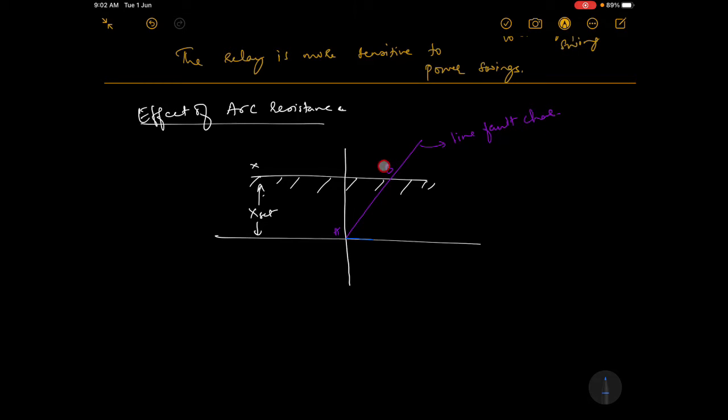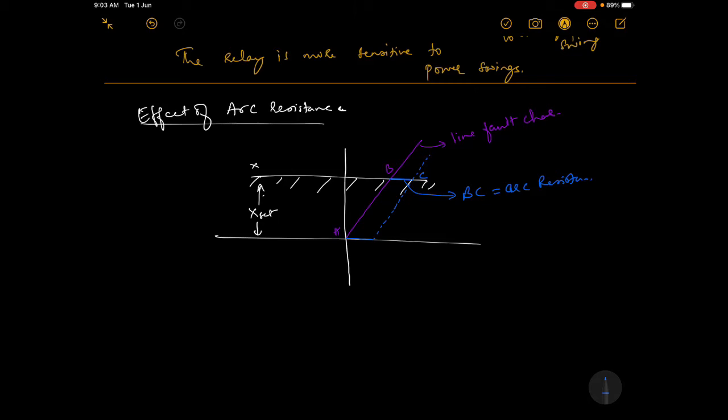So this is that resistance, because this is our resistance line. Instead of zero resistance it will have some resistance, and the actual line will be, of course, the fault will again have its own impedance. So for this resistance the impedance is added. Now since it is cutting at this point, let me call it C. Now this is our arc resistance. Parallelogram, opposite sides are equal. So this is our BC, which is the arc resistance.